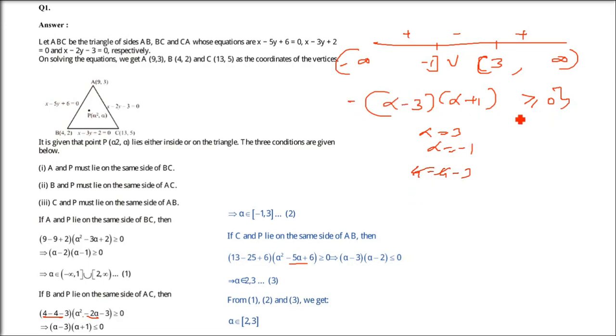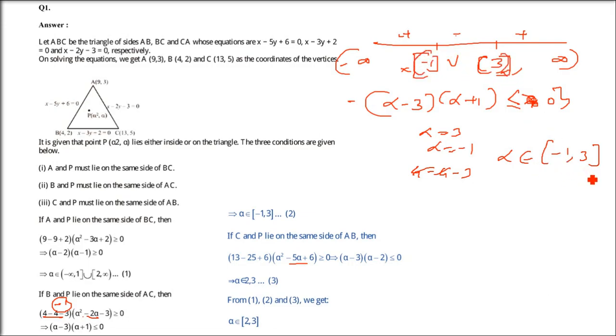So, because of the -3, I'm going to change it to less than or equal to 0 because of the negative. So now this equation doesn't fit, so I'll take the negative one. So -1 to 3. I hope you got the idea. Plus I can't take because I have less than or equal to 0. So the second condition is, see, we have a negative. If I haven't looked at the constant, it will be this solution. But since it is negative, the solution changes. Now alpha belongs to -1 to 3.